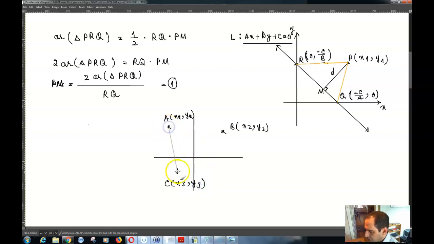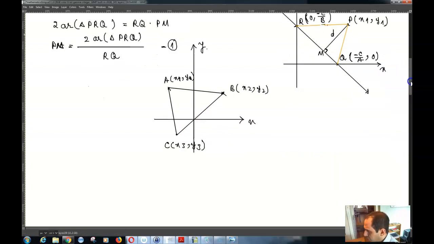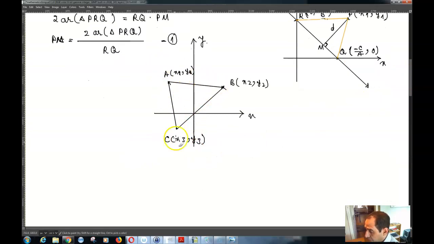If you have these 3 points, and if they form a triangle, then the area of this triangle, and of course this is supposed to be this way, and this is your x and y axis, the area of triangle ABC